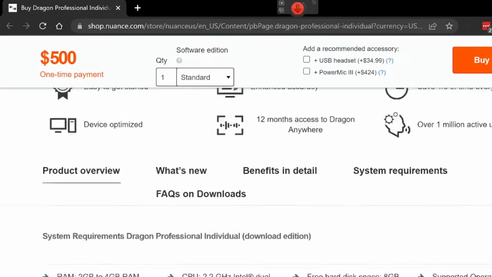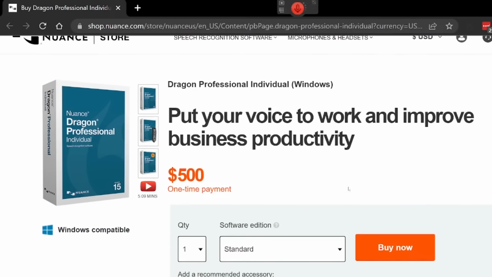You'll need to purchase and download the product, which you can do here. I'm showing on screen. It's $500. My number one tip for folks who are using Dragon dictation for work is to ask your employer to pay for this fee. If it's a necessary tool that you need for your work, then you could probably justify asking for the work to make it a business expense.